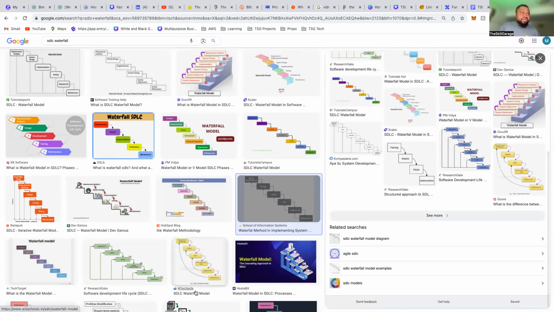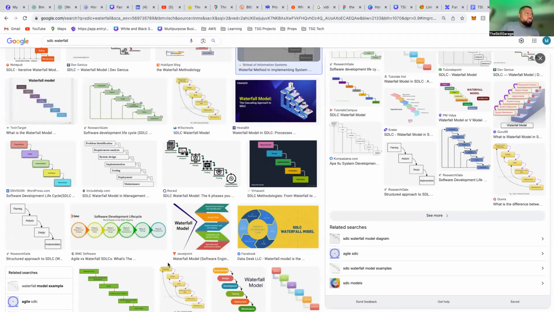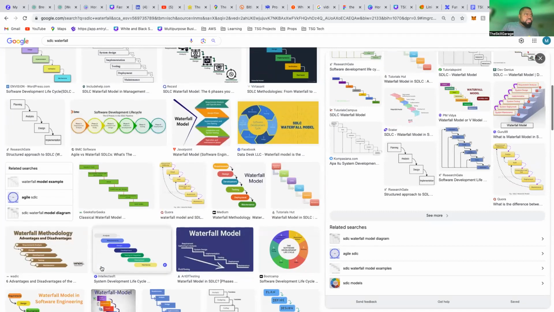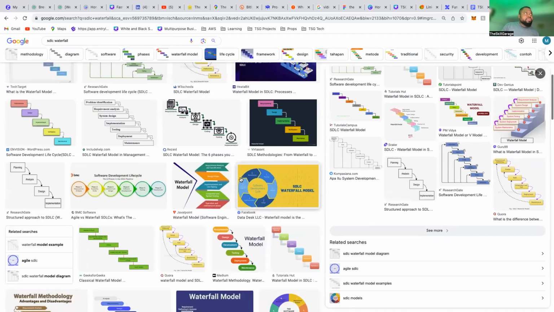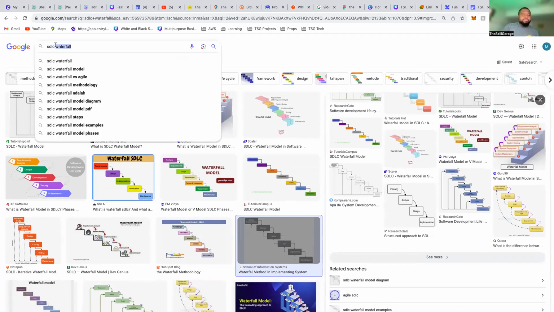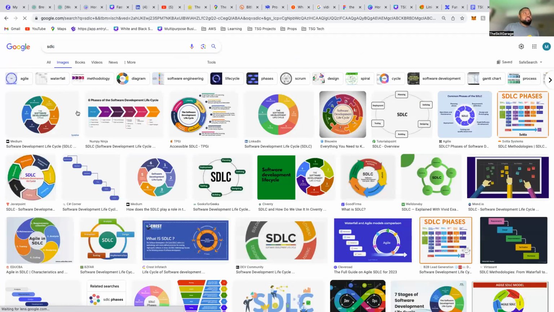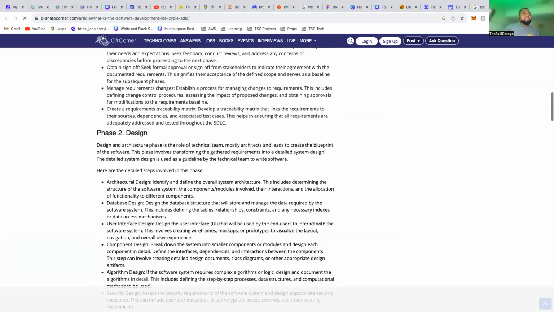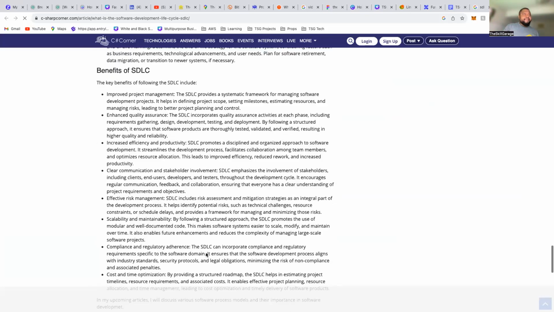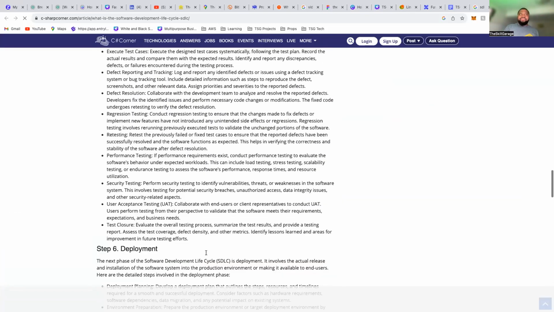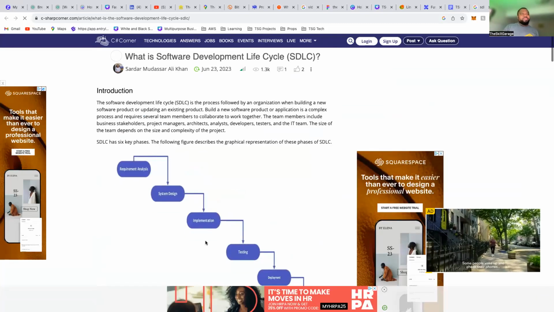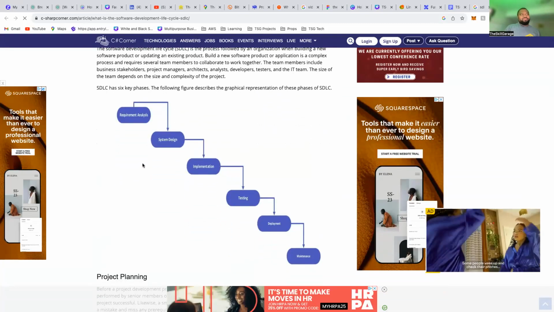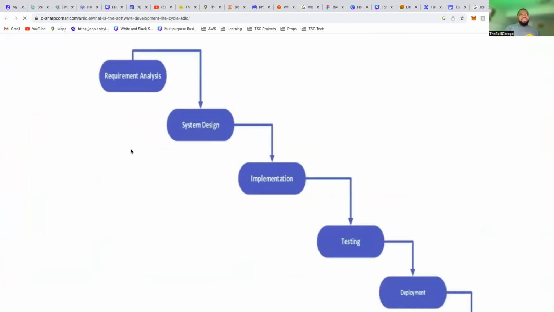Let me see if I can get the right stuff and then I can explain it to you quickly. I just need the right stuff. But you know what? Let me just do SDLC and see. Yeah, this one is right. This one is right. I don't want to go into my slide. If I go into my slide, it's going to be a lot. I'll be tempted to talk a lot. So let me just use this one that I see.